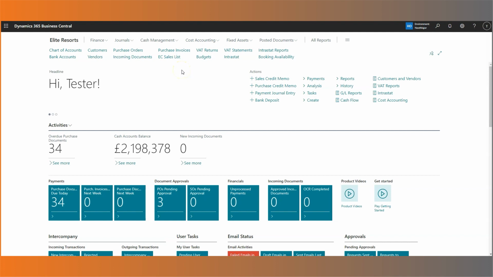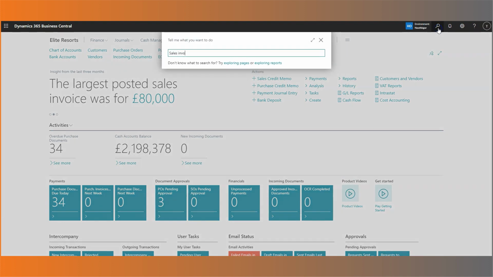Quicker record details from lookup fields. This feature allows the user fewer clicks to get to record details. To demonstrate this, if I head to Sales Invoices,